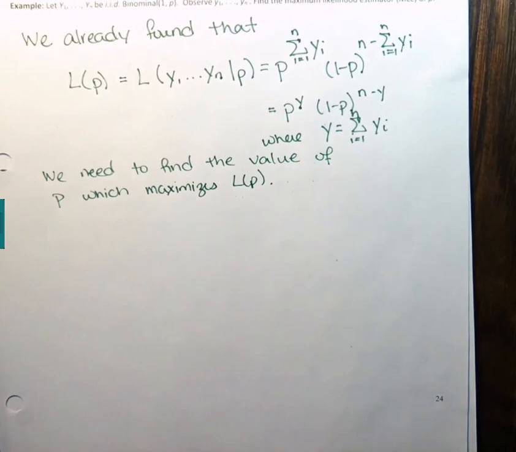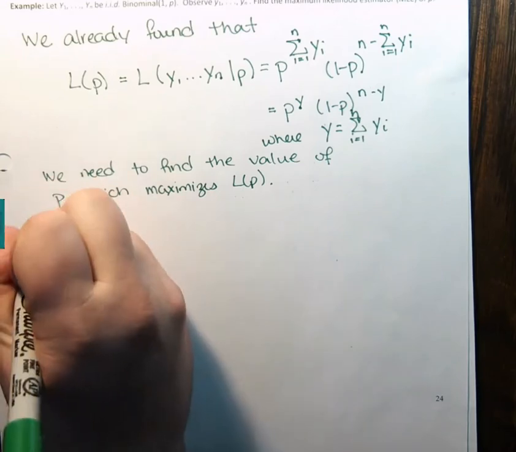Now, one way we could do this is we could take the derivative and set it equal to 0, but notice that this is difficult based on the format of this function. So instead, what we typically do is we look at the natural log function, which is strictly increasing. So we can maximize the natural log, and that's the same thing as maximizing the function. So writing that down,